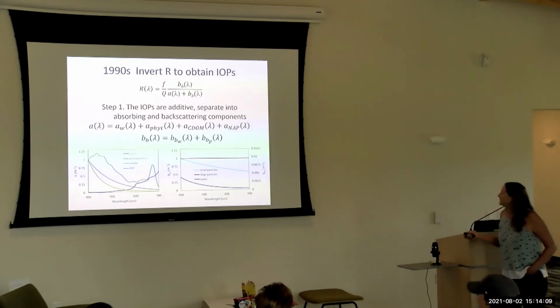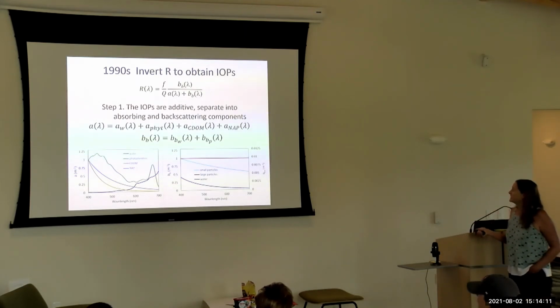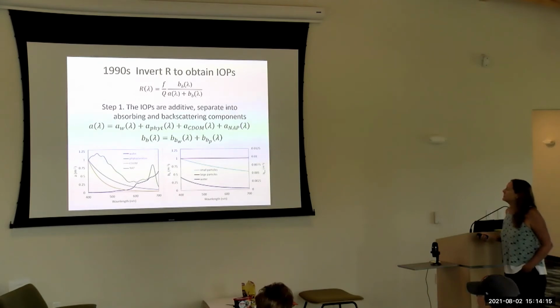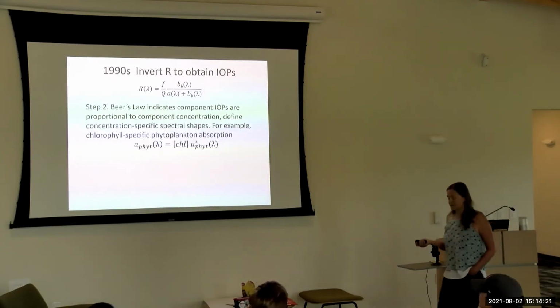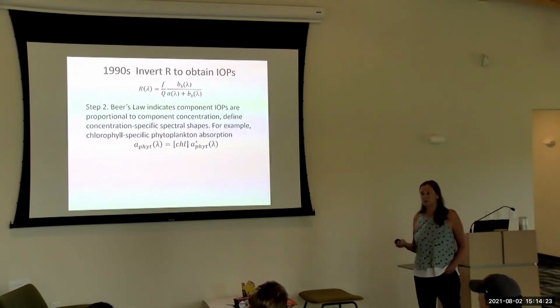We can model what the particles might look like, what small particles and large particles spectra might look like. And if you say that these are additive, the other thing you can also say is that because of Beer's law, each one of those can be expressed as a shape and some magnitude